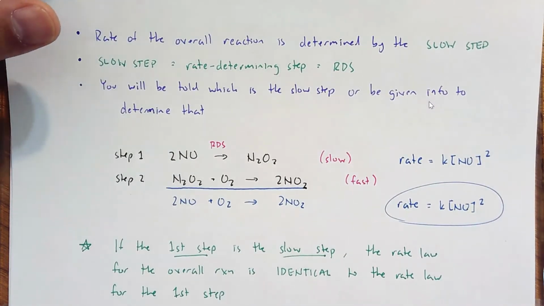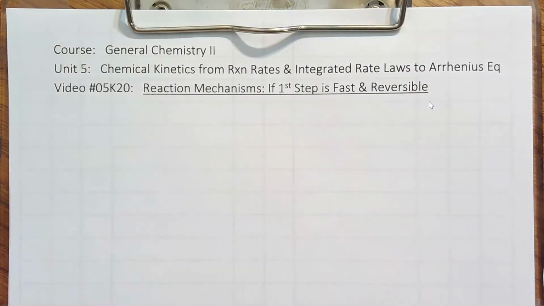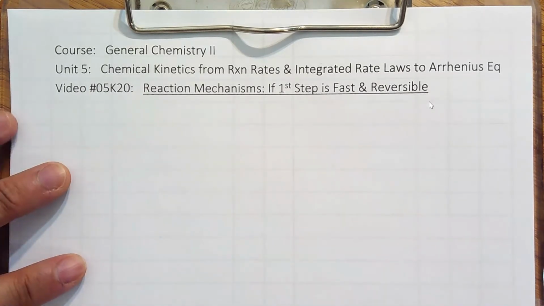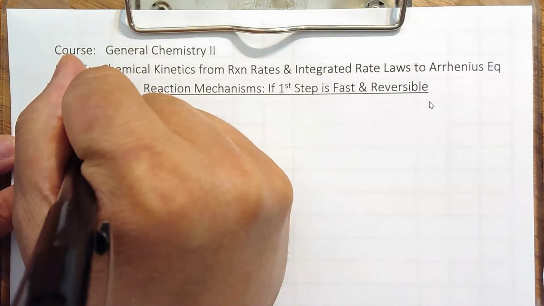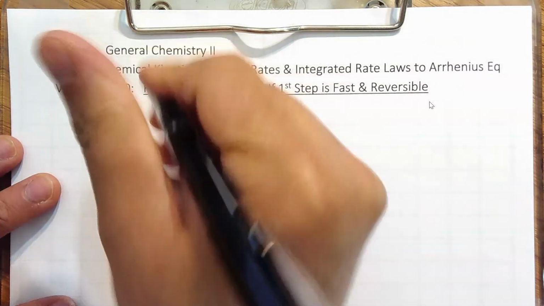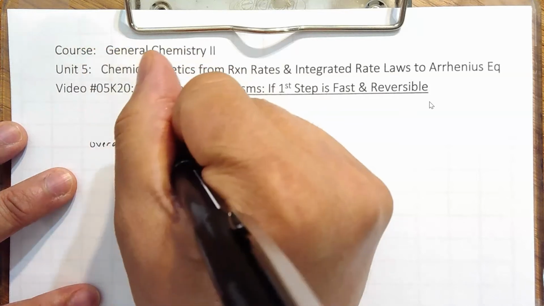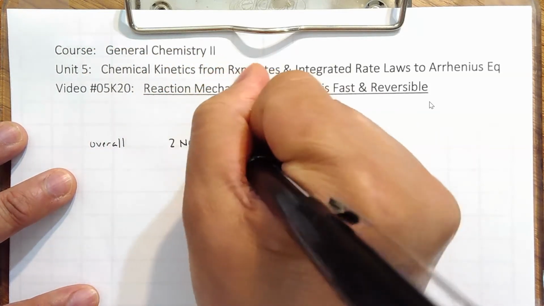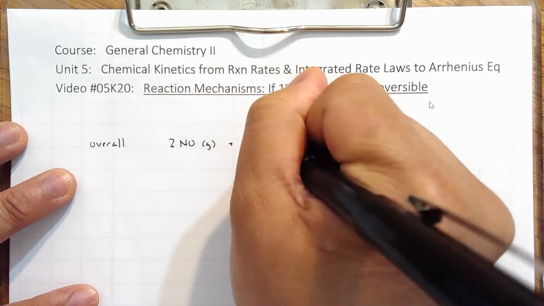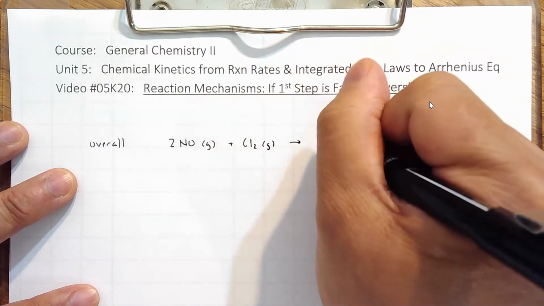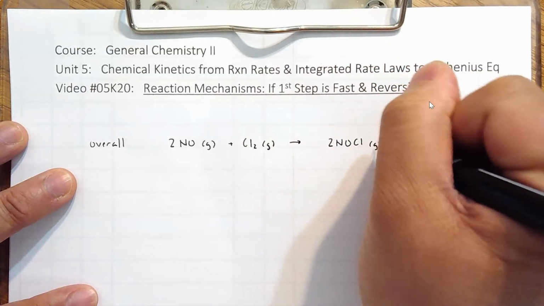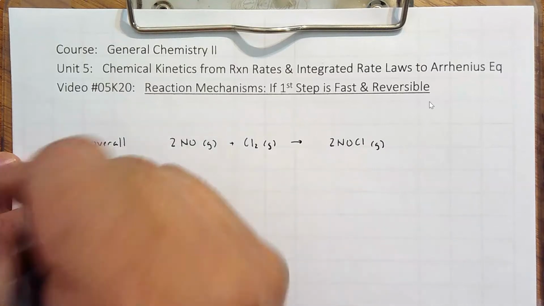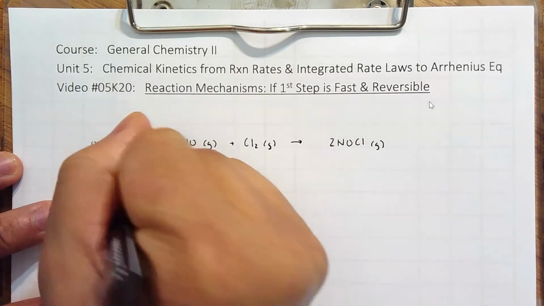Okay. Are we ready to try the harder example? The hard example is if the first step is not slow, if the first step is reversible and fast. We're going to jump right into it. Let me give you the overall reaction. We are going to look at another one that has nitrogen oxide plus Cl2 gas goes to 2NOCl gas. And I want to know the rate law expression for that reaction, given that step 1 is proposed to be